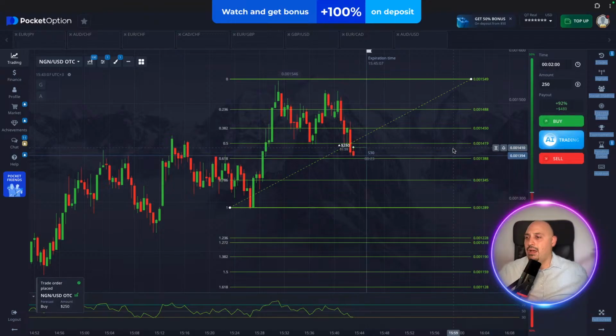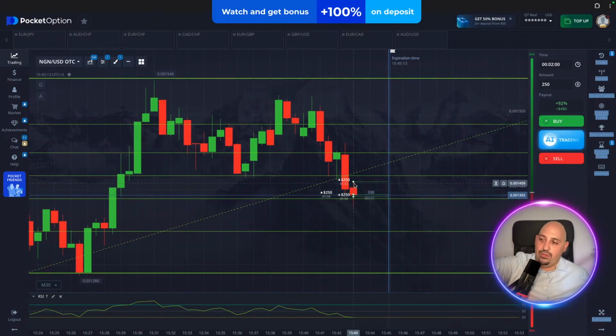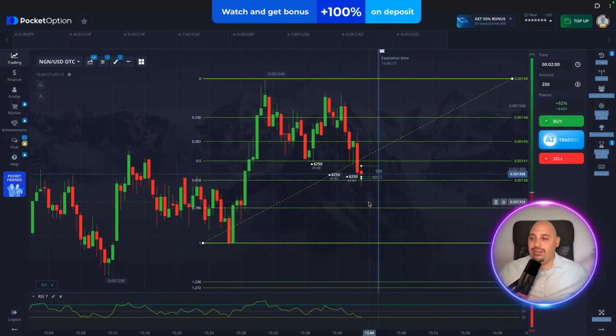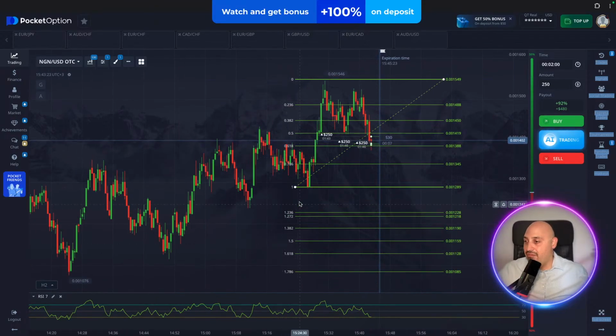All right. I did make a mistake. I wanted to, okay, here we go. Okay, I opened two trades. The reason why is because I made a mistake and I opened one here, but I wanted to open exactly at the 61.8. Even though my RSI did touch this, the reason why is because I have a very strong,